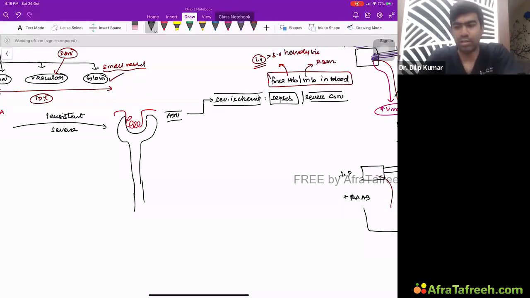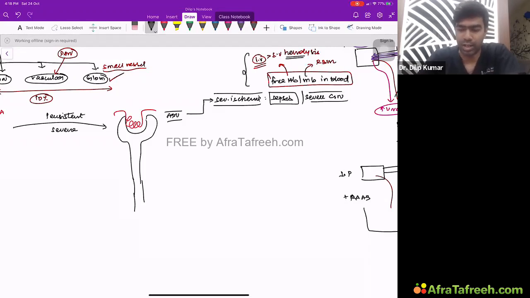The reason why they produce acute tubular necrosis is multiple. Number one, the hemoglobin can deposit directly on the tubules and cause direct tubular damage. Similarly, myoglobin can directly deposit on the proximal tubules and cause direct tubular damage. At the same time, they can produce severe vasoconstriction. This is one area where you can encounter severe vasoconstriction and develop acute tubular necrosis because of severe ischemia. And apart from that, if the patient has a cardiac arrest,